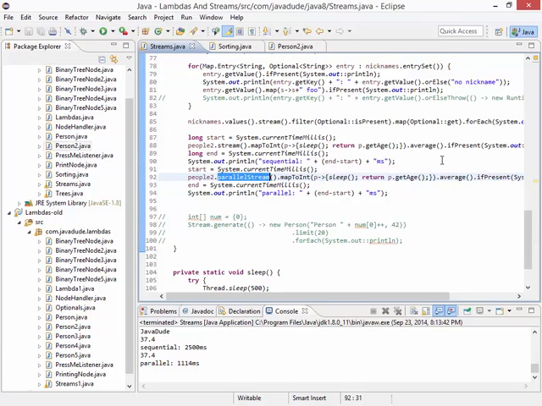When you're using streams, don't just randomly throw in a parallel stream. Make sure that the operations you're performing are thread safe and not touching any program state. It just returns new values. Does that make sense? And then something like this can actually be very useful.